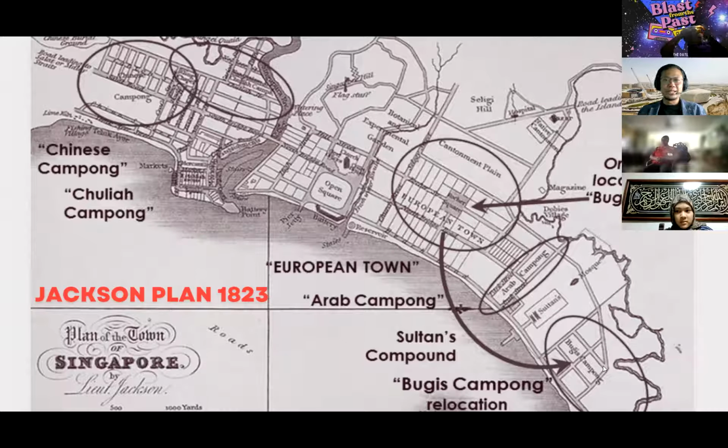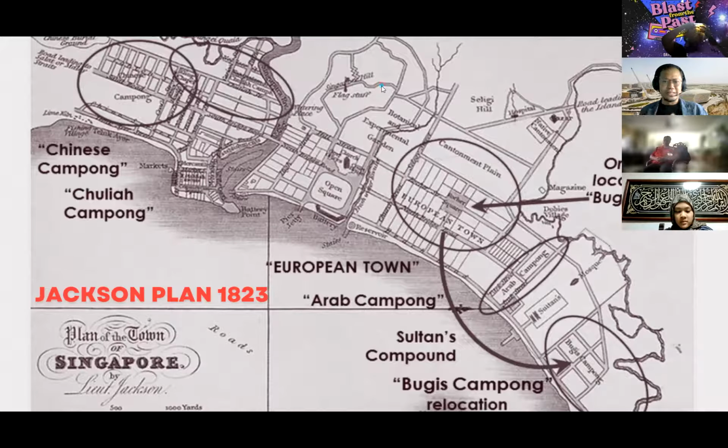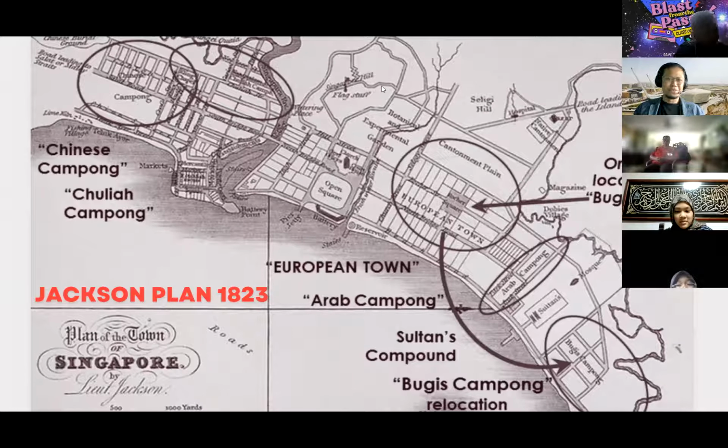So the Malays and the Muslims were located near the Sultan's compound and the mosque, and the Arabs also located there, and the Chinese and the Indians were located on the western side of the Singapore River. Okay,